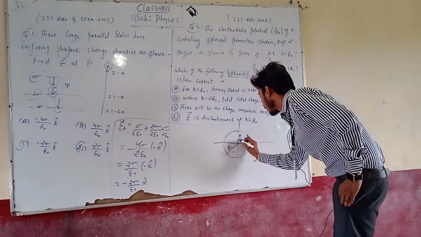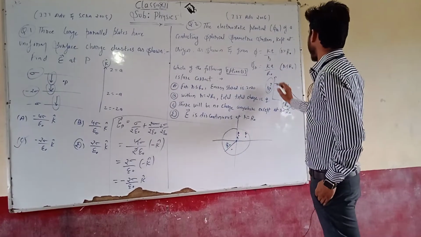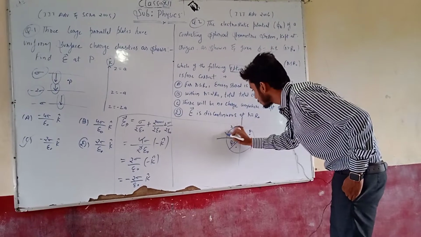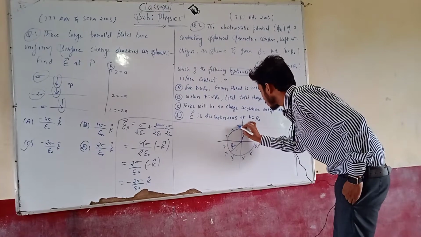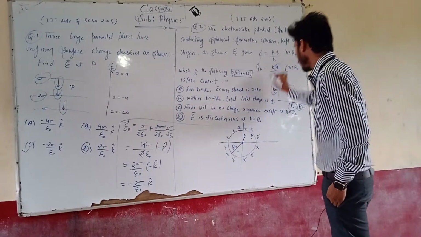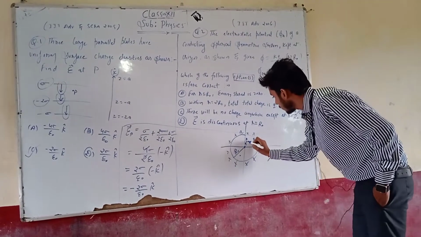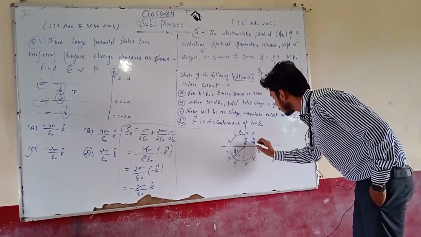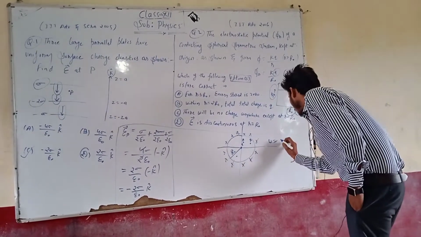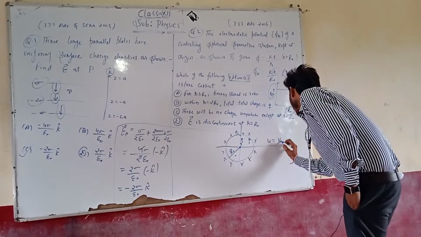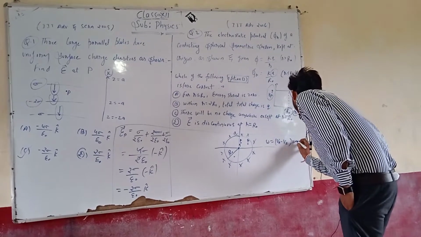So the work done in bringing this charge q from this point to this point, right? Actually the charge q is the whole charge which is spread on this spherical symmetric system, because this is the charge we have given in the question, so we cannot take the small q. So let us take q dash. If we bring this q dash from this point to this point, then the work done will be the potential at point A minus the potential at point B times the magnitude of the charge.